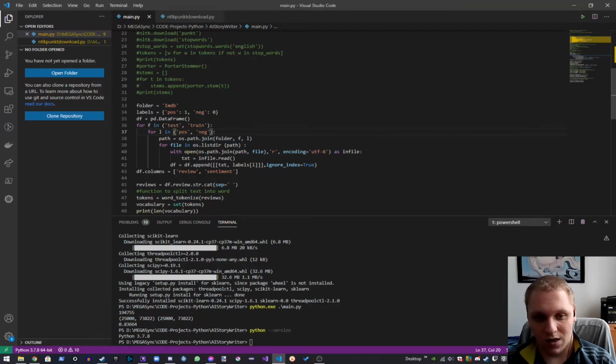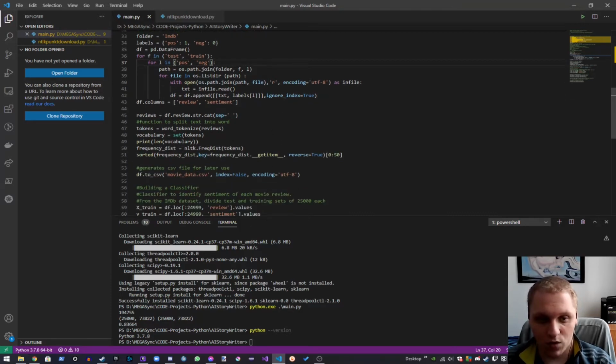For each file inside of that path, we want to read each and every line inside of that directory. And we want to append that text, or the labels if you will, and put them in and separate them as reviews or sentiments. So we're taking all of the reviews, every single one of them, and we're separating them into columns either by it being a review or a sentiment. That's what all of this code does over here.